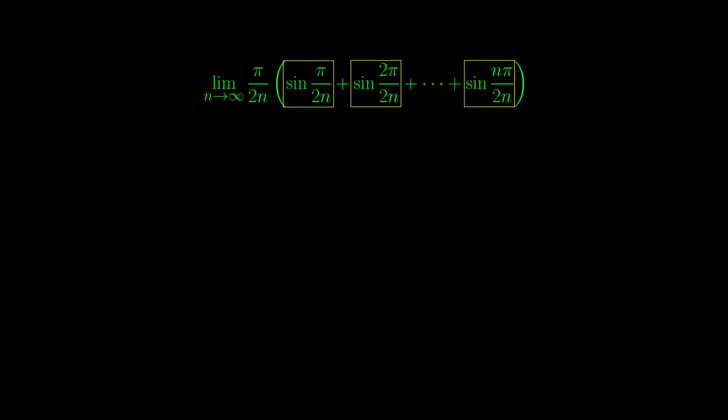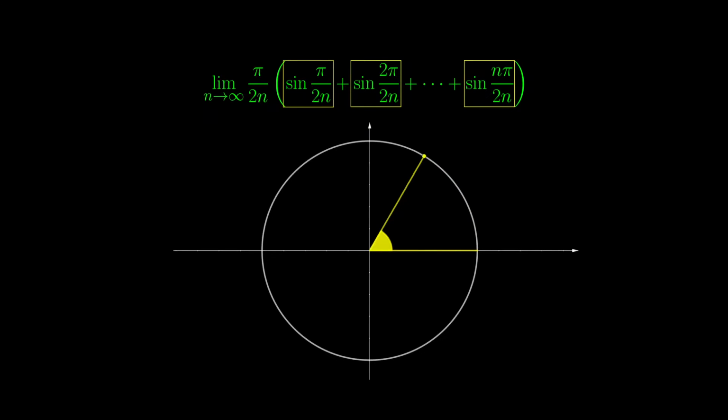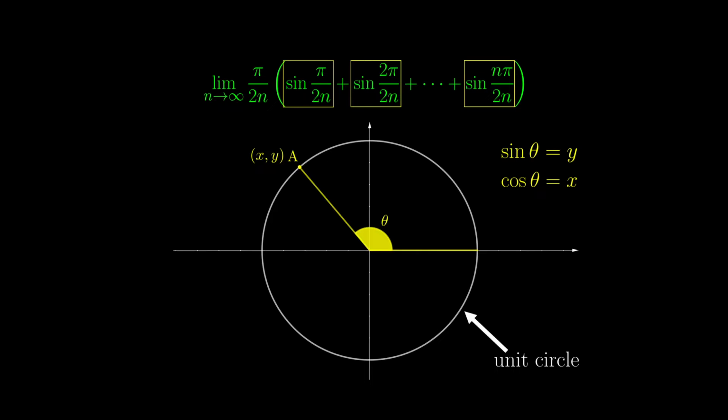What remains is the interpretation of the sine function. The definition of the sine function is that if we measure an angle from the positive axis counterclockwise, then if we now say the point A corresponding to this angle has x, y as coordinates, and that we are working on a unit circle, then sine theta is defined to be the y coordinate, while cosine of theta is defined to be the x coordinate. Alternatively, you can also say that sine theta is the length of the vertical segment, and cosine of theta is the length of the horizontal one, up to some sign changes.